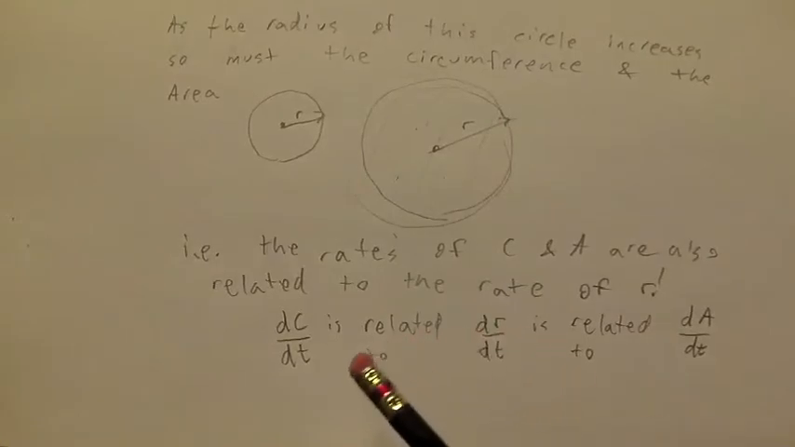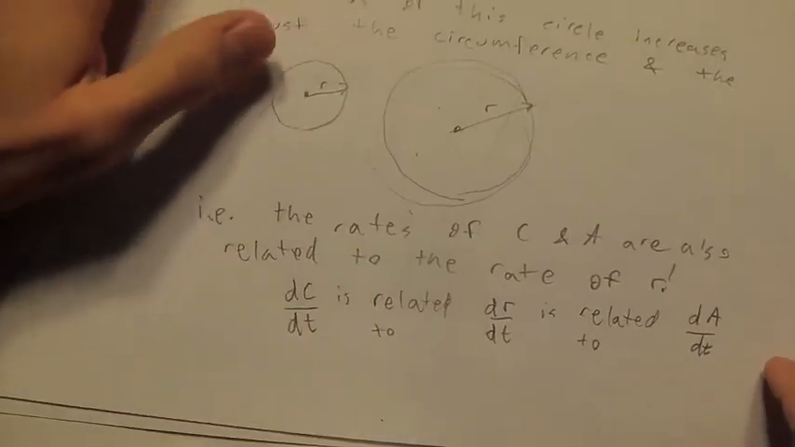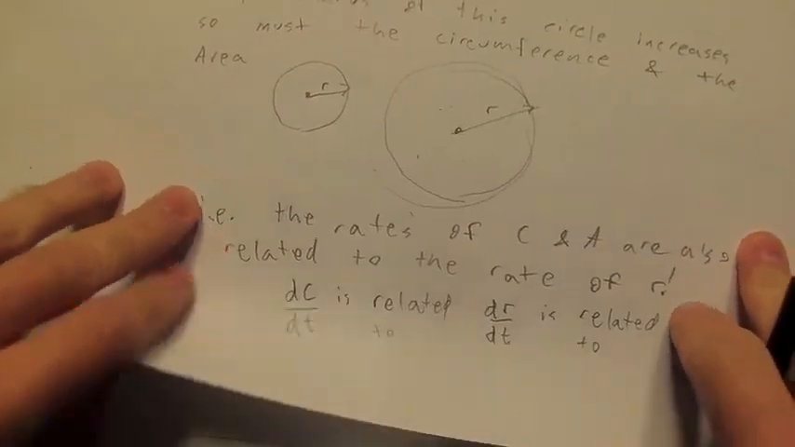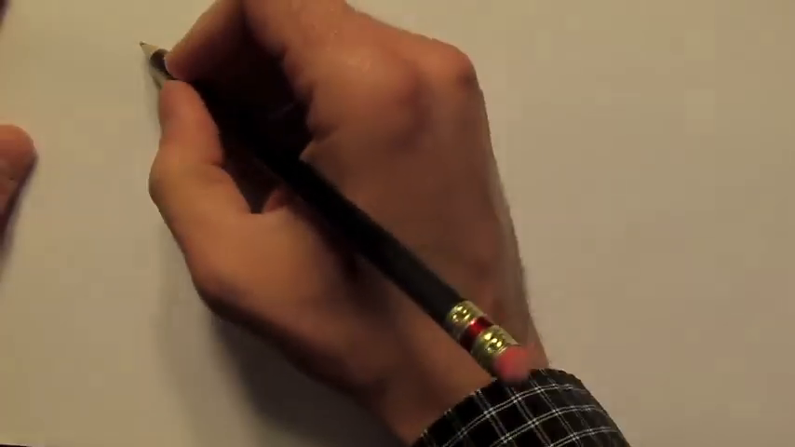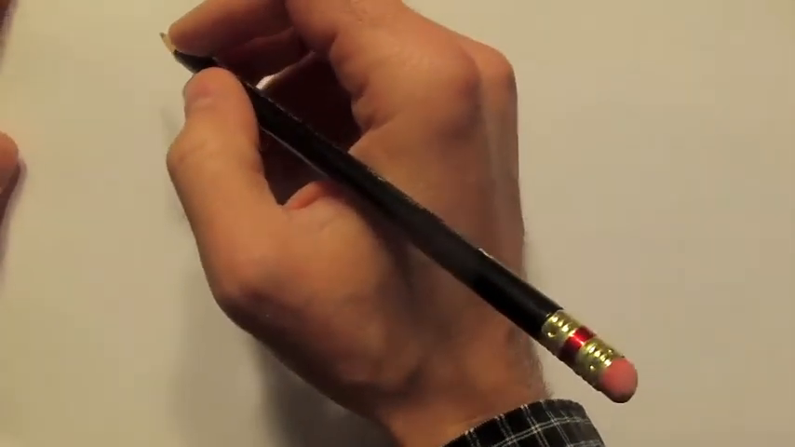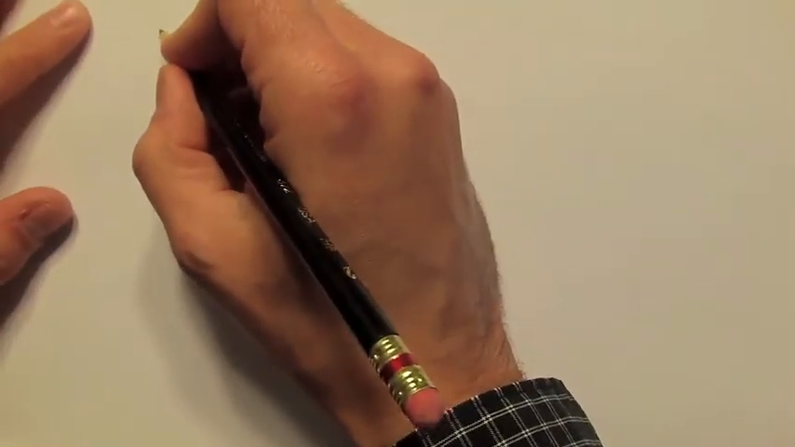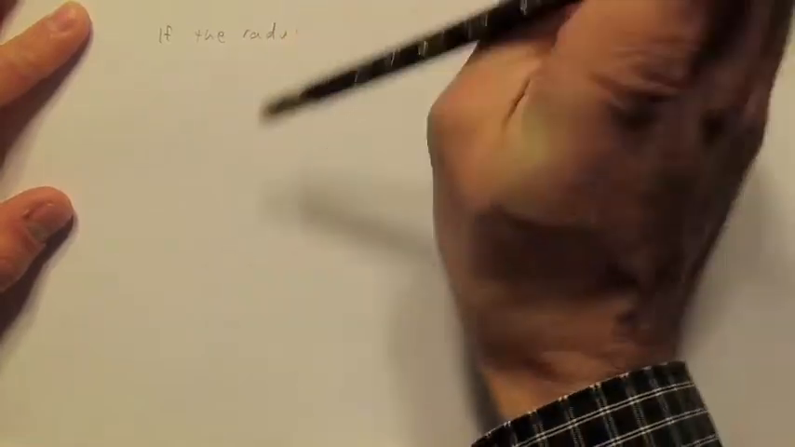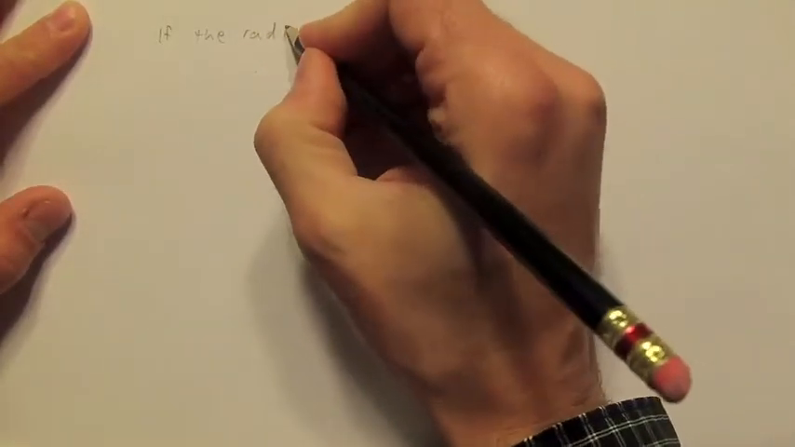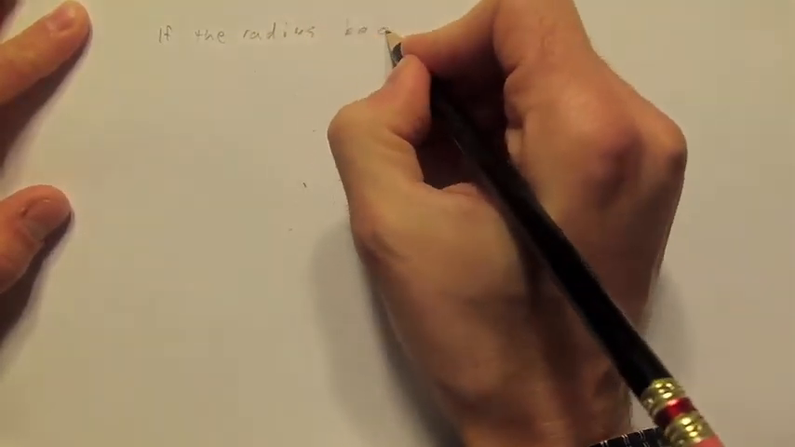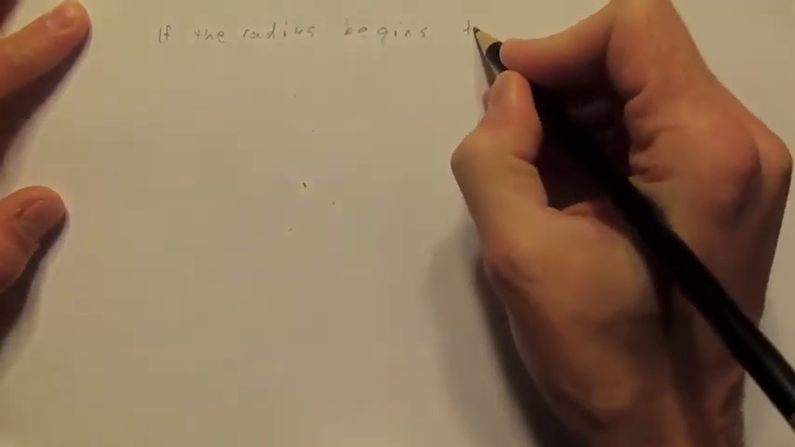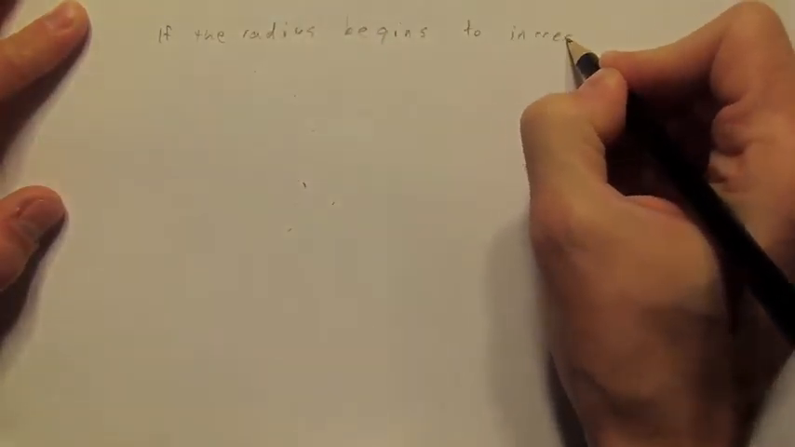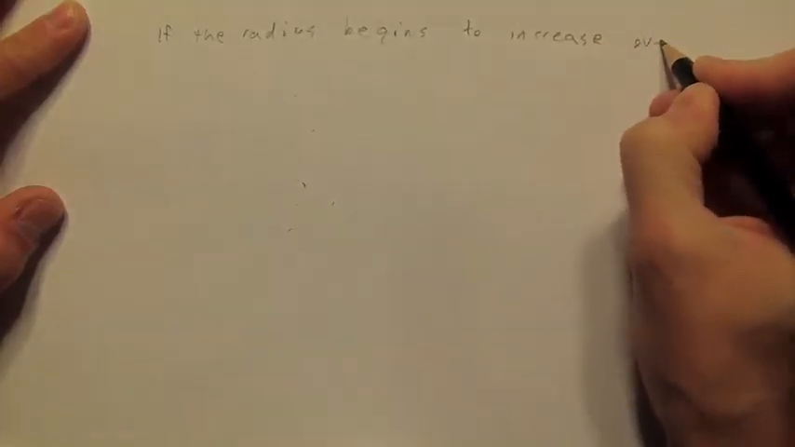Okay, and this is what we're using because what we're going to do, right, is, let me explain this a little better, why we're using d of t and all that. If the radius begins to increase over time,